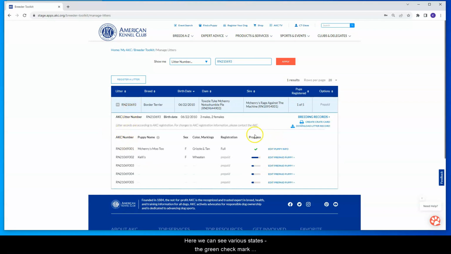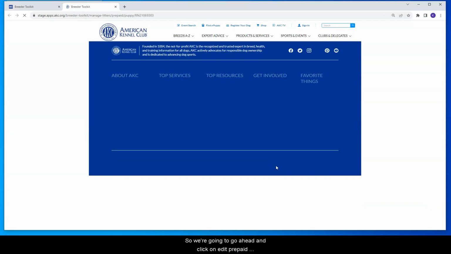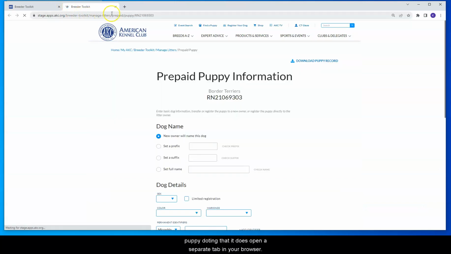And here we can see various states. The green check mark indicates this puppy has been registered. This puppy has been transferred where we have already entered some owner information. And this puppy has been paid for, but no further information has been entered. So we're going to go ahead and click on Edit Prepaid Puppy, noting that it does open a separate tab